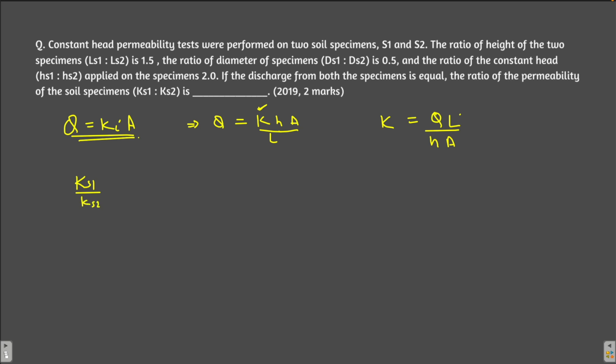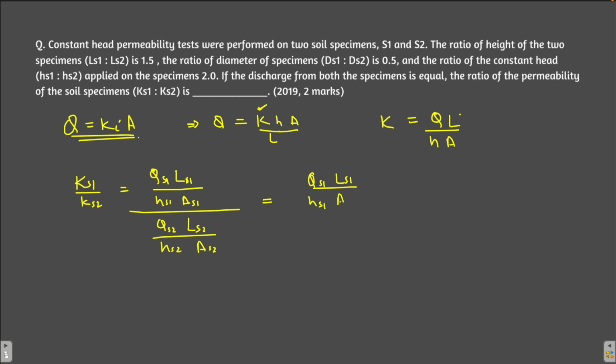We have to find out this, right? So for that, can I write it as QS1 LS1 by HS1, that is the head loss of specimen 1, area of specimen 1, whole divided by QS2 LS2 by HS2 AS2, right? So if you solve this a little bit, it is QS1 LS1 by